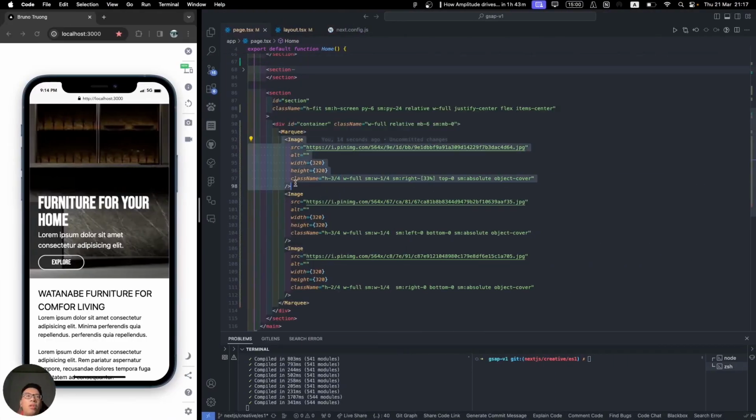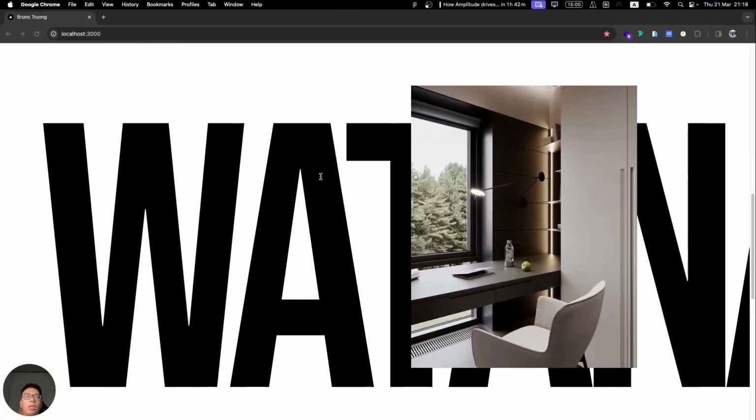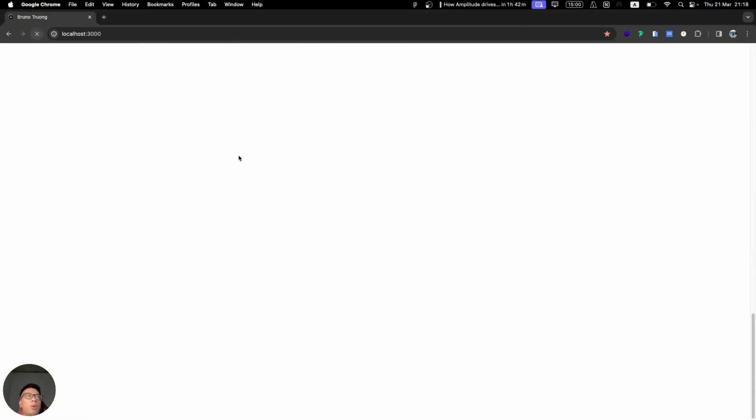In the first one, the first image, we are going to have the width at 75% for full, and above it's going to have just 25% of the width, and it will be in the right 30%, the top 0, absolute, and also object-cover. Just so you guys have the idea of where it will be. So we will see the big one like this. When we refresh,